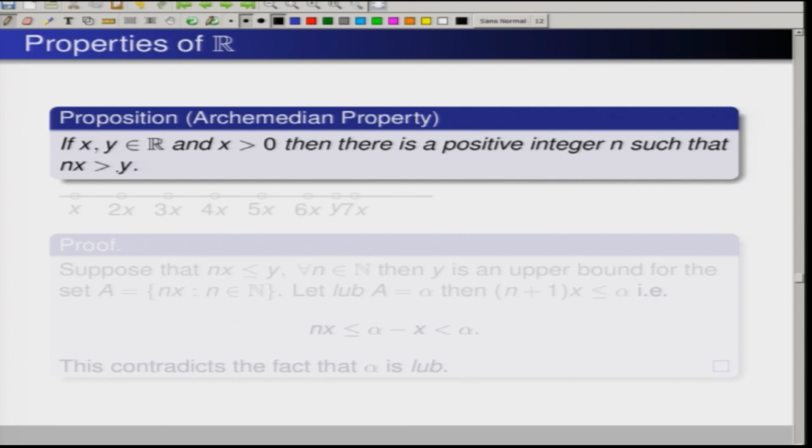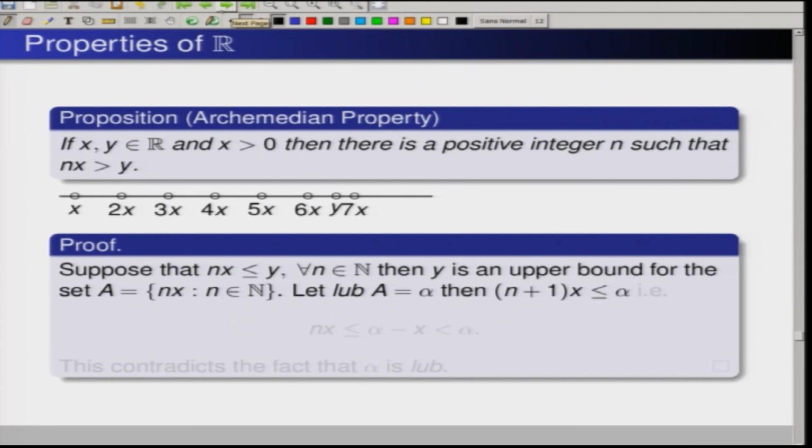Now, suppose y is strictly bigger than x, that means you have x here and y here. If I try to convince you pictorially, 2x is here, I have a prescription of addition, then I add another x and 3x is here, then 4x is here, then 5x, 6x, then maybe 7x I am going to cross. So, at some stage, if you keep on adding, you are going to cross y. I will end this lecture with the proof.